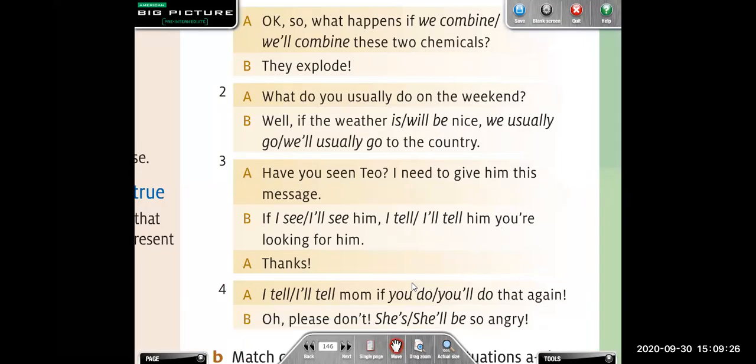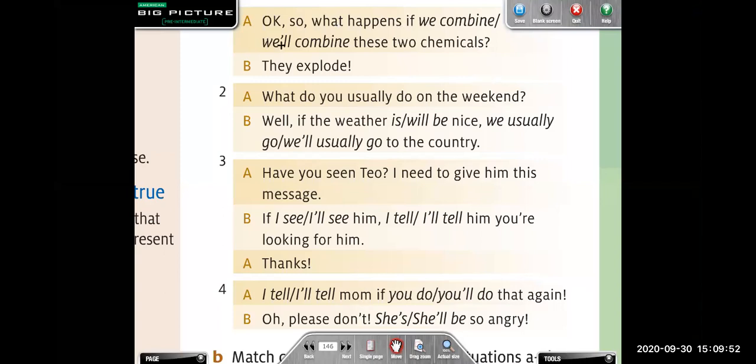Okay, let's check. Number 1. What is the answer that you have chosen for number 1? What do you think is a correct option here? What is the correct option?